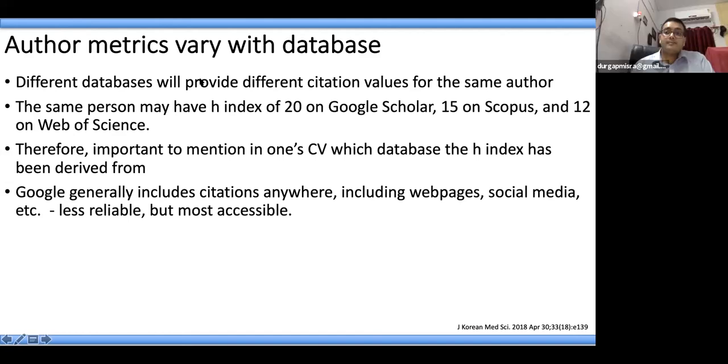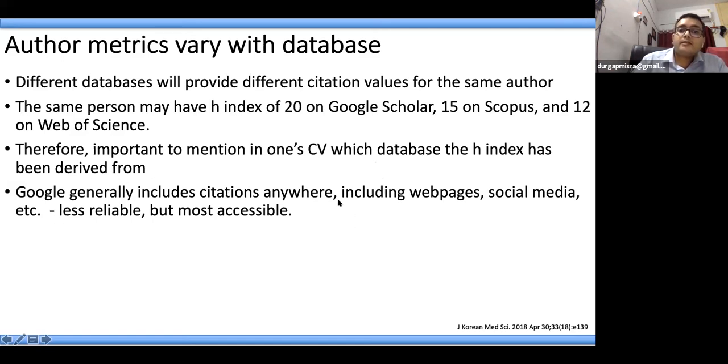What is important to note with respect to author profile and metrics is that author metrics vary with database. I may have 10 publications available on PubMed. If I go to Scopus, I may have 15 publications available. Therefore, the number of citations to the publications on a different database could be different. So it's important to mention in one's CV which database the citation metrics have been derived from.